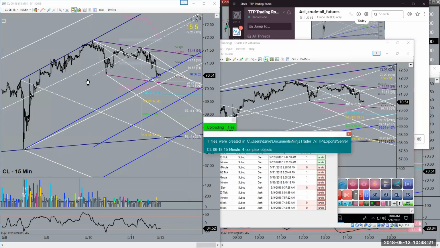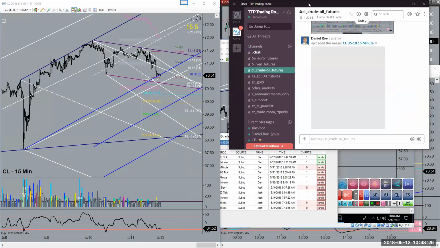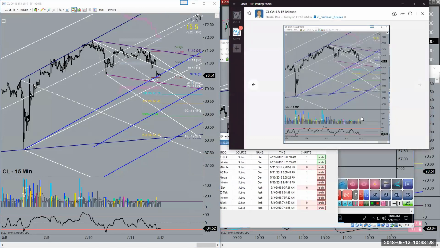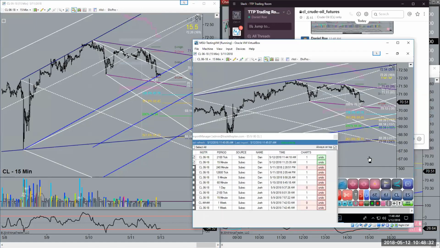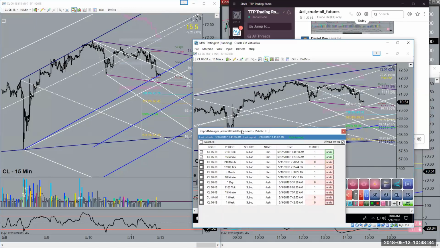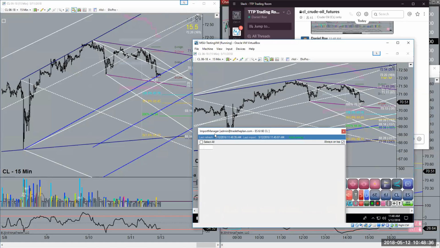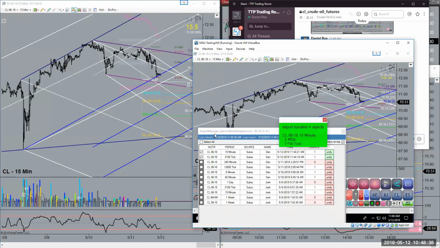So here, I'll export it. There's the screenshot to Slack. And then here within the next 25 seconds or so, there it goes. So see, it deleted all those previous objects. So that was the biggest issue that